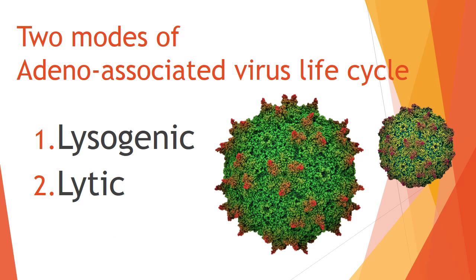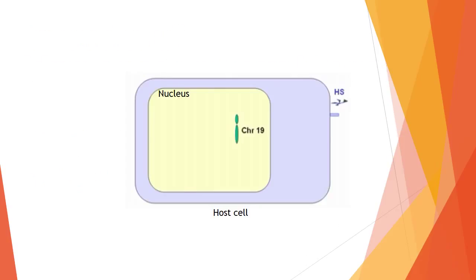There are two modes of adeno-associated virus life cycle, which are either the lysogenic or lytic cycle. The adeno-associated virus infection begins with virus binding to the cellular receptor heparan sulfate proteoglycan. Internalization of the virus is enhanced by interactions with one or more co-receptors, for example, integrins and fibroblast growth factor